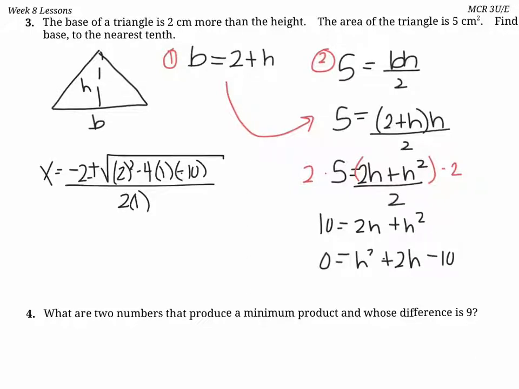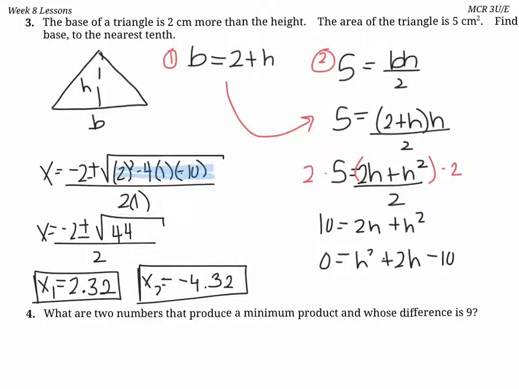So I've inputted the values into the quadratic formula. I am going to simplify what's under the square root first. So now we've got that simplified. We're going to come up with what our two x values will be, so we're going to throw that into the calculator. So here are the two x values that we found.